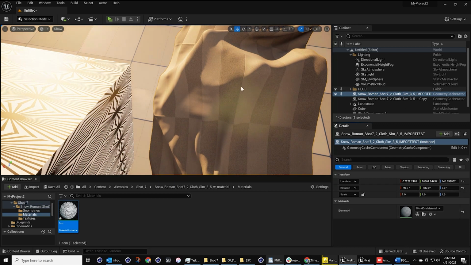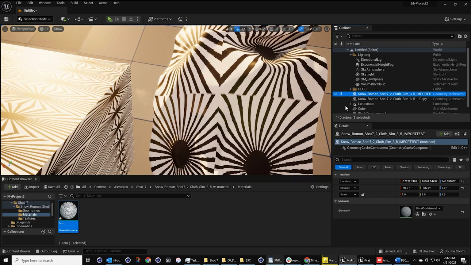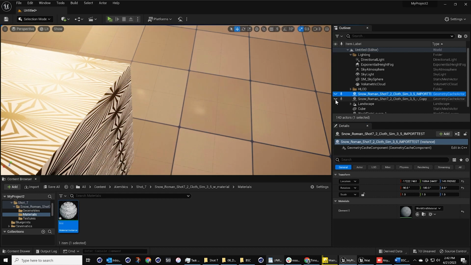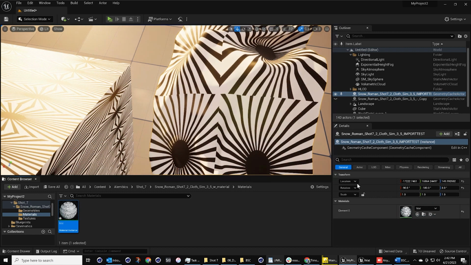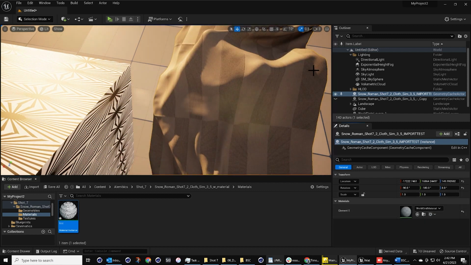Okay, so here is the Alembic we just imported. Underneath that is the wrong one, so we'll just turn the old one off, and this is our new one that we're going to turn on. And you'll see when I apply our test material, it's fine. It's totally normal. Maybe it has a little bit, but it's just about as much as what was going on over here. So, yeah, and one telltale way to know that something is up, I'm going to go real slow